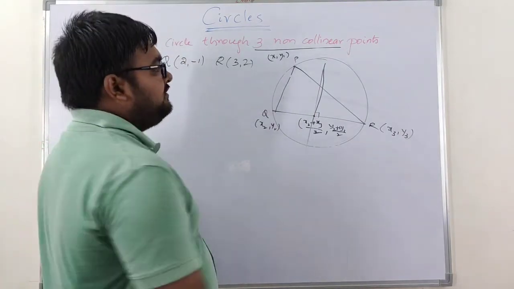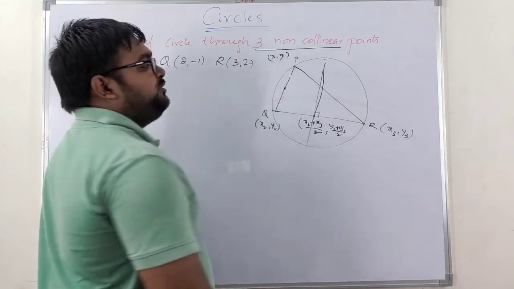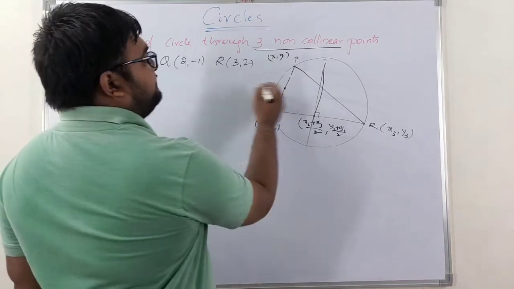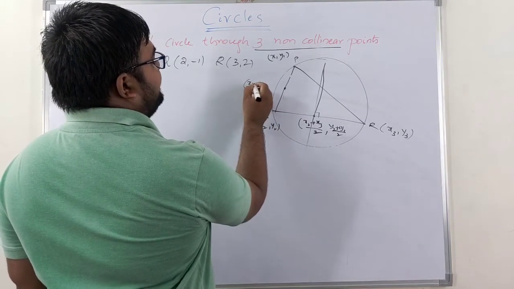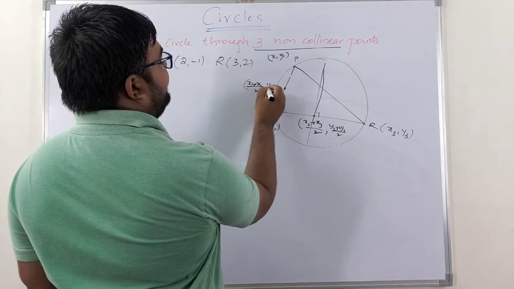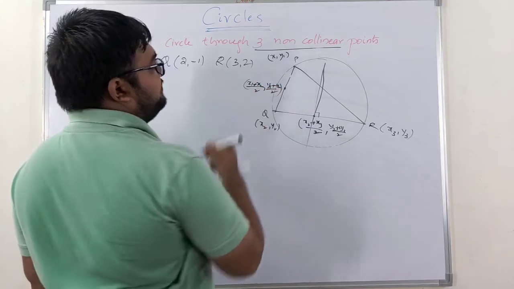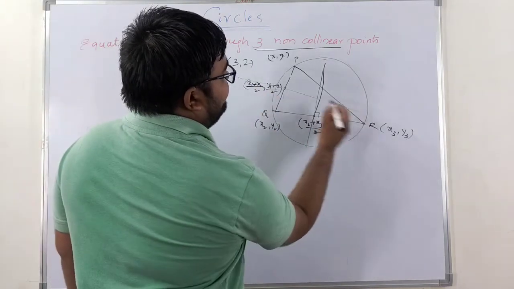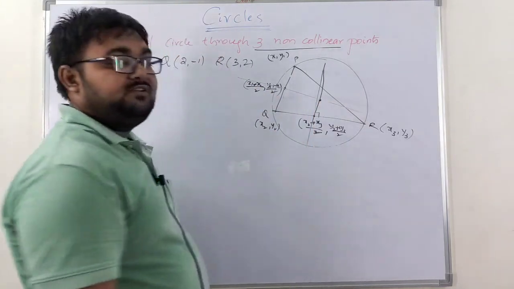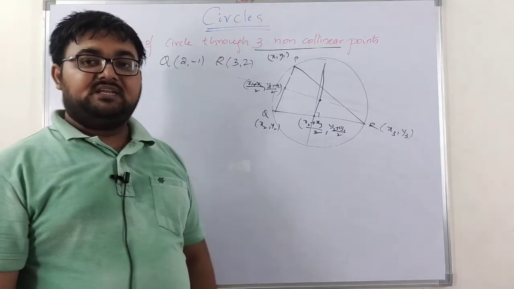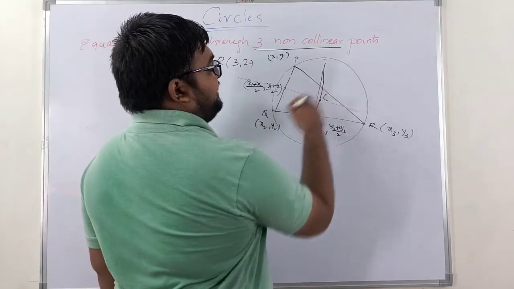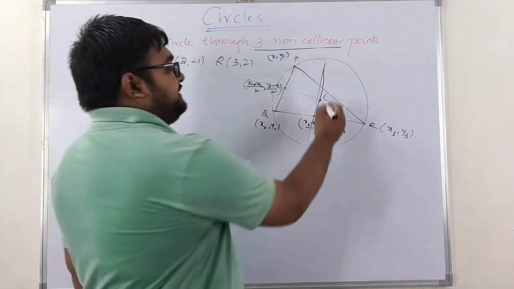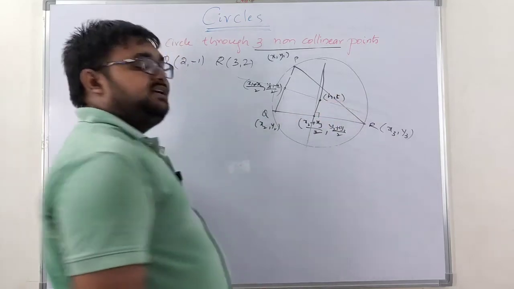The same way, consider one more midpoint. So I have taken the midpoint of PQ. So this midpoint of PQ is nothing but (x1 + x2)/2, (y1 + y2)/2. So this is the midpoint of PQ. Now for this perpendicular bisector if I draw, those two perpendicular bisectors will meet at the center of the circle. Now by those two line equations, I am going to have the center of the circle, which is nothing but some h comma k.